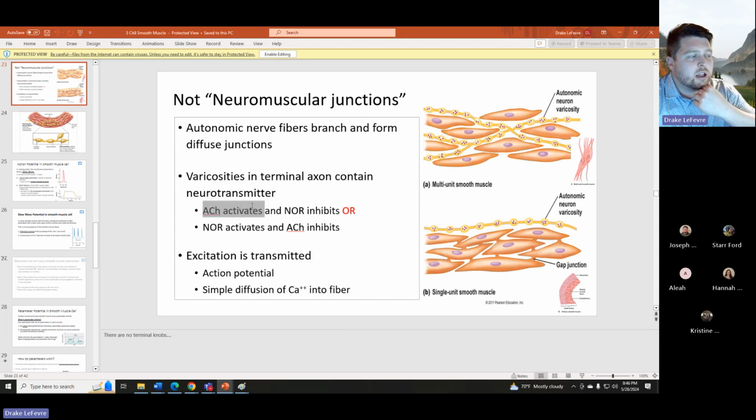Acetylcholine is more of our parasympathetic type system, the autonomic nervous system. And then the norepinephrine, aka noradrenaline, adrenaline. If you think about it, if you're running from a bear, the last thing you're thinking about is, oh, I think I have to go to the bathroom. So